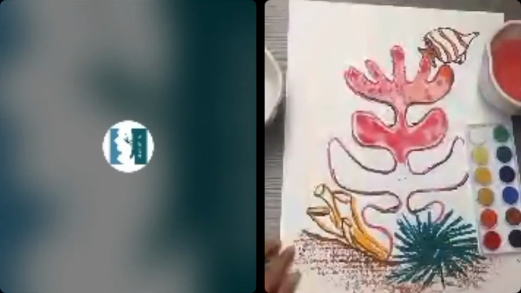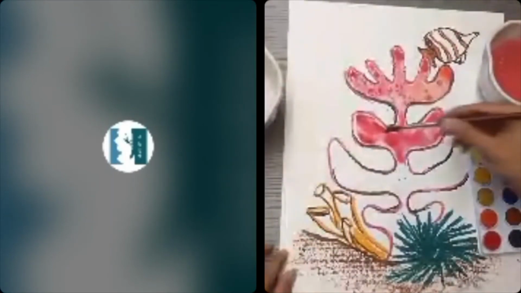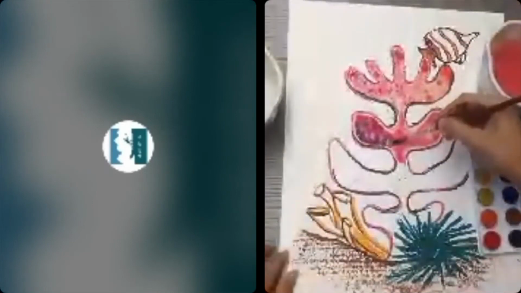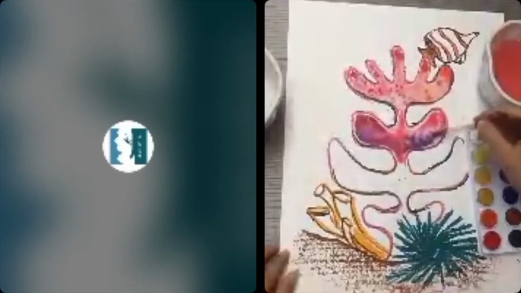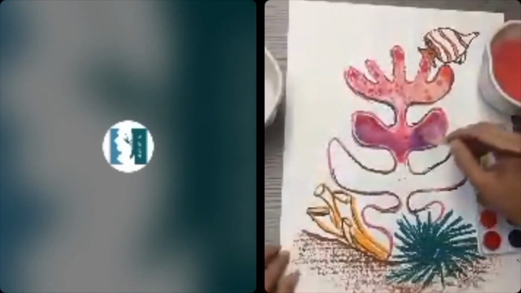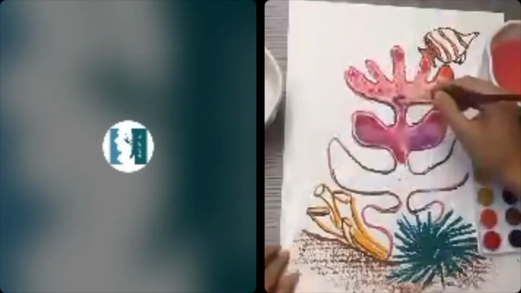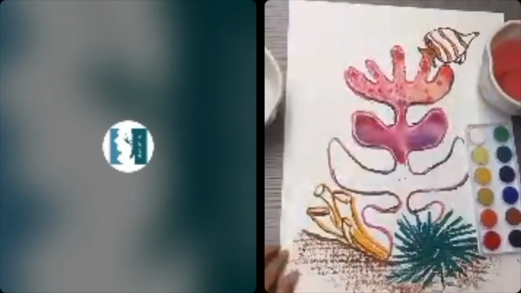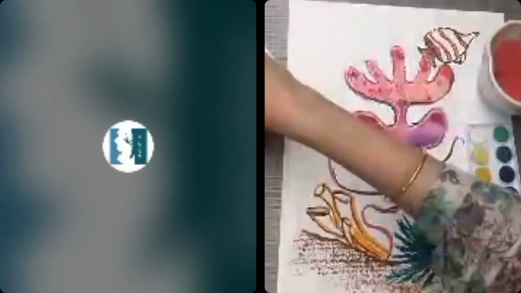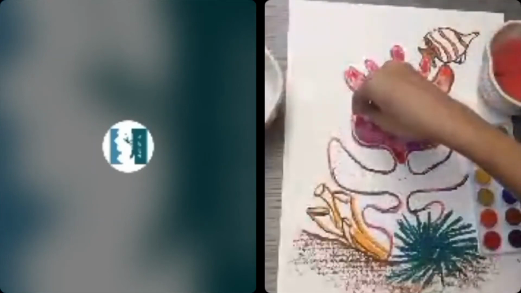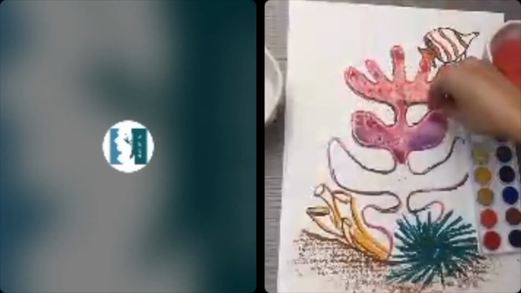I'm going to bring a little blue into this, because once blue and this mix, it's going to make a lovely purple. Okay. Remember, between two colors, wash out your brush. And don't forget, you do the rock salt at each step. So before it dries, sprinkle a little bit of rock salt.